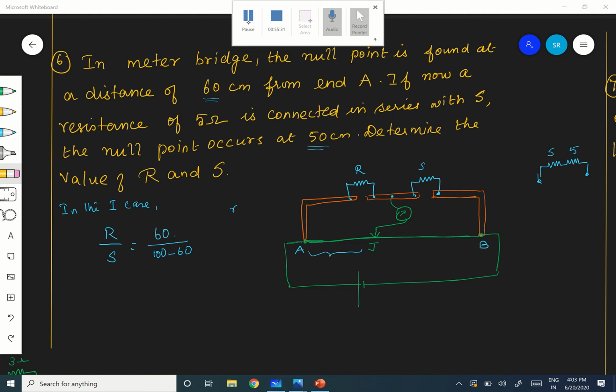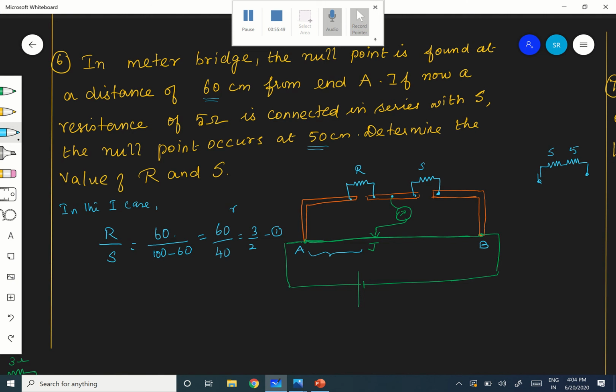Therefore, R by S is equal to 60 by 40, that is equal to 3 by 2. This is equation number